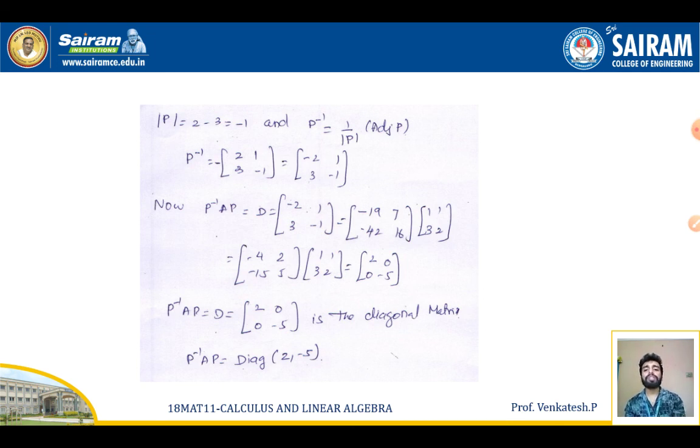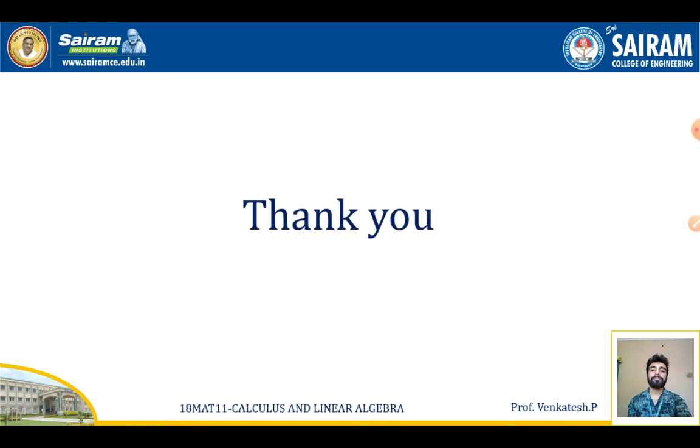Now the final thing is I want to estimate a diagonal matrix. The formula is given by what? D is equal to P inverse AP. Just multiply the P inverse matrix with the A matrix as well as the P matrix individually. After simplifying this, I'll be getting P inverse AP is equal to 2, 0, 0, minus 5. We can observe that this contains only diagonal entries, so it is a diagonal form, and this 2 and minus 5 are nothing but the eigenvalues of the given matrix, that is lambda 1 and lambda 2. So hence I got P inverse AP is equal to diagonal of 2 comma minus 5. Thank you.